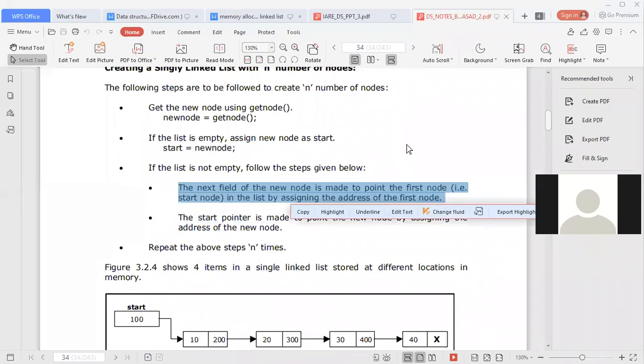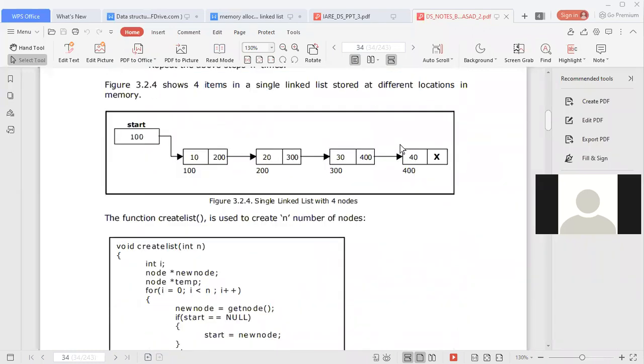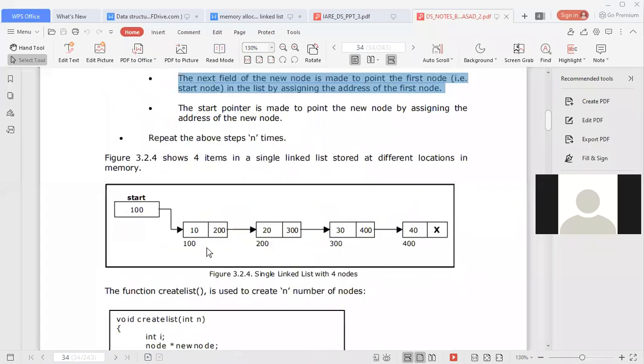No. Suppose there are already a good number of nodes. Here a list is already available. Let us explain once again, look. The first node of the linked list was present at start, that is 100. That means this is the first node.